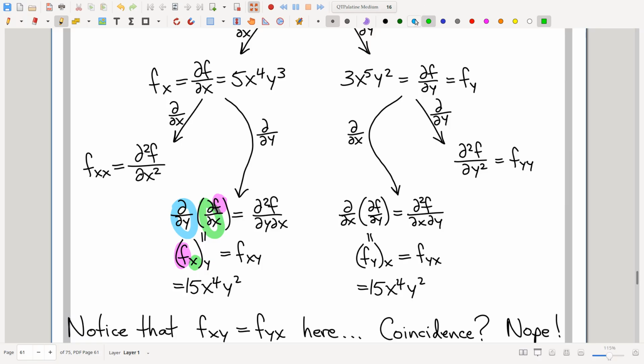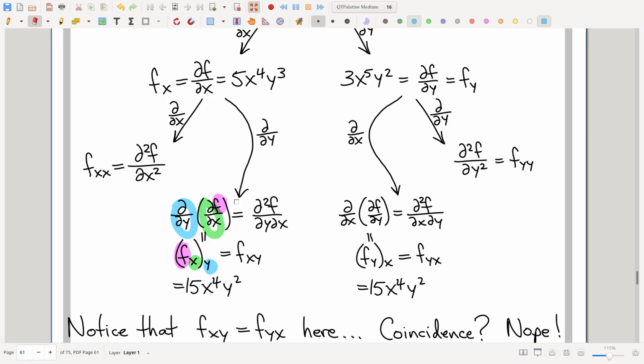Y partial second, written as a subscript. Now look at it. The y partial is on the right now, where it was on the left over here. It's purely a consequence of the notations being on opposite sides of the function. Nevertheless, it does look weird. Why is it yx up here, but xy down here? These are the same exact derivatives applied in the exact same order. Nothing is different, but the notations seem backwards. That's just the way it works. So, heads up, that's just something to pay attention to.